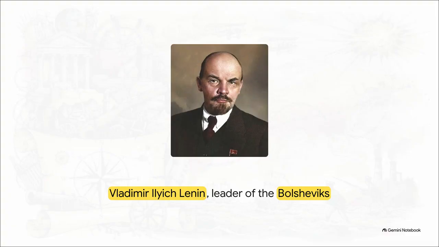And stepping right into that immense power vacuum was Vladimir Ilyich Lenin. He seized control with a brilliantly simple yet incredibly effective promise to the desperate Russian people: bread, peace, and land. It's catchy, right? By March 1918, Lenin signed the Treaty of Brest-Litovsk, completely yanking Soviet Russia out of the World War and fundamentally altering global politics forever by establishing the world's very first communist state.